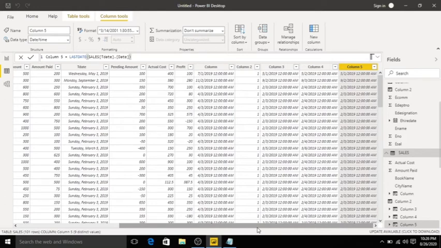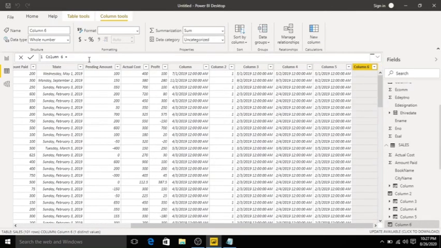We have another function called STARTOFYEAR. It returns the start of the year. I will create a new column, click New Column. STARTOFYEAR, click Tab.